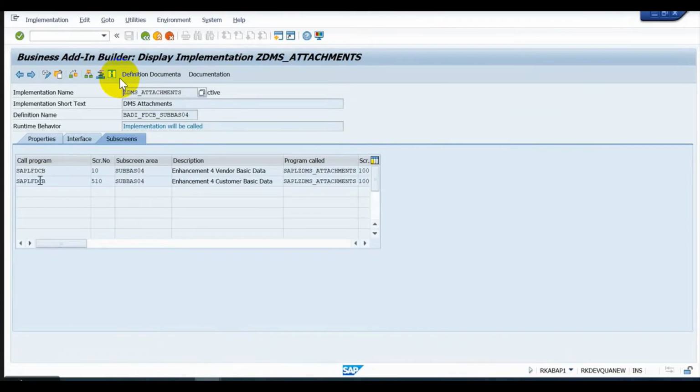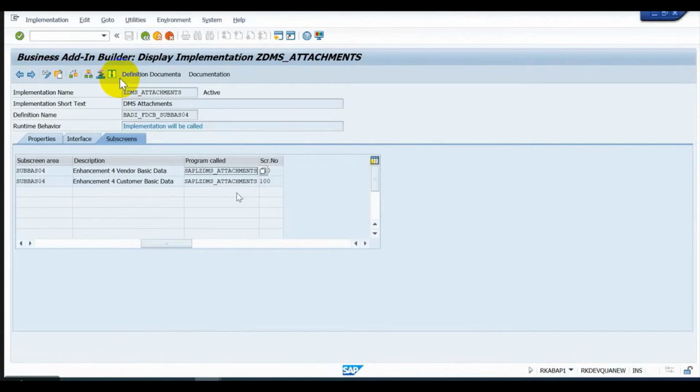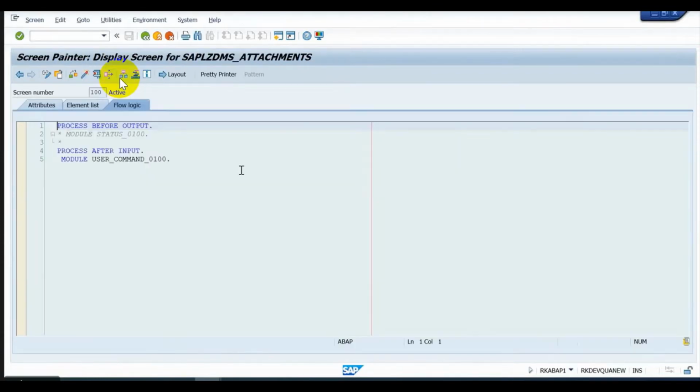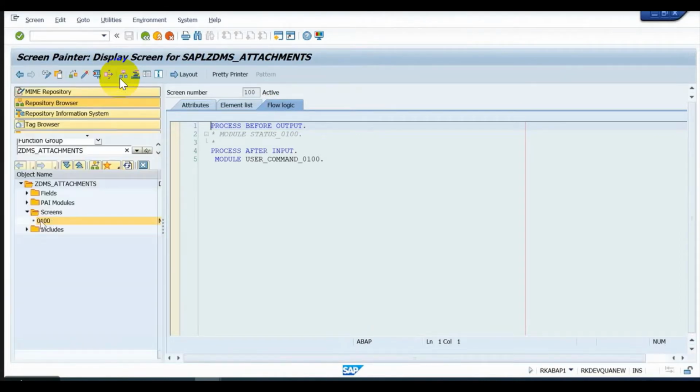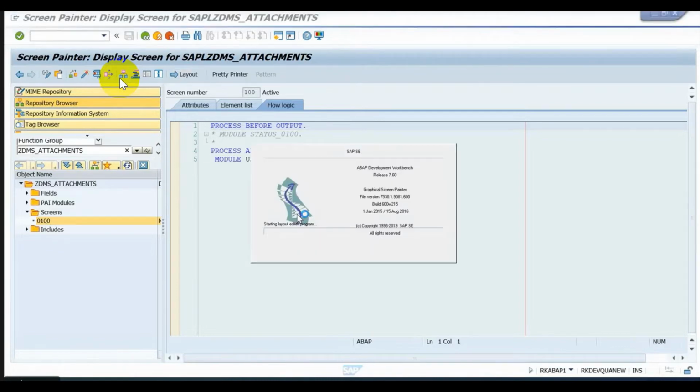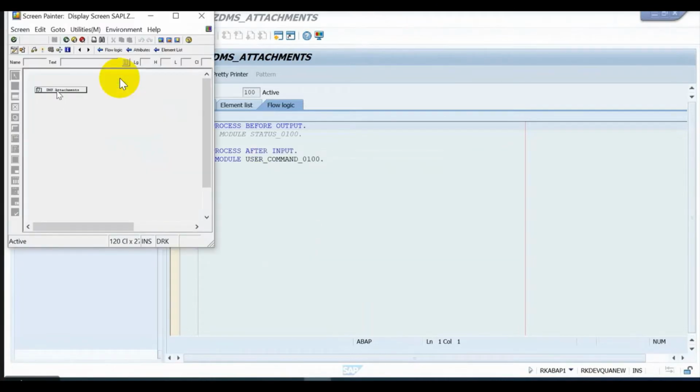So this is the enhancement point. We have to create a custom module pool program for it. Let me open it. In this custom module pool program, we just need to create a simple screen with one button in it. That's it. This button is visible on the MIRO screen,